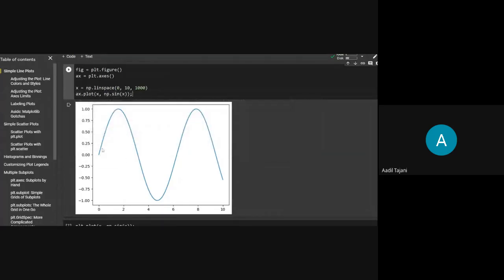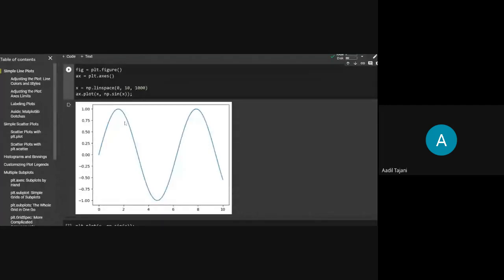And if we run it, we get this plot. As you can see, it starts from 0, 0. Then it reaches here, the value pi by 2. What you're seeing here is values in radians. And this is the value of 1, where the value of sine is 1. So this is pi by 2. This is the value pi, around 3.14. So this has given us a plot of sine x. Here the x-axis has the data x and the y-axis has the data of the sine function. So this is the simple plot.